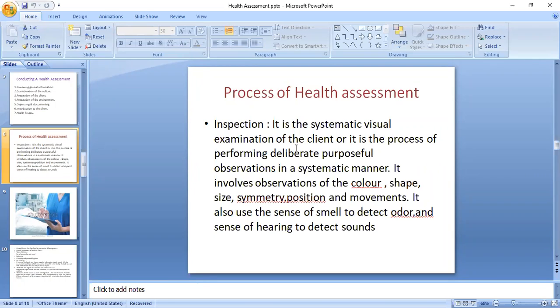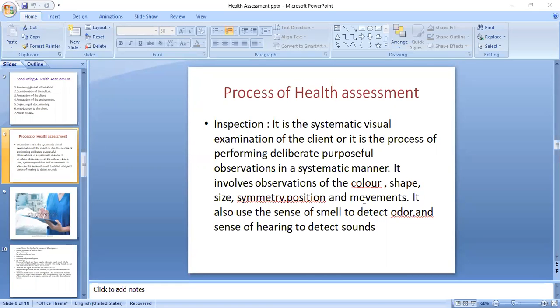We will not do anything. We'll just observe a patient. We'll visualize the patient, and like that we'll inspect and assess a patient. It involves observations of the color, shape, size, symmetry, position, and movements. Observations of the color means we have to observe the skin color,